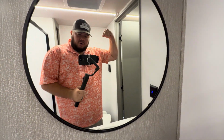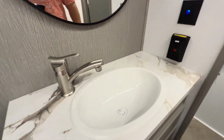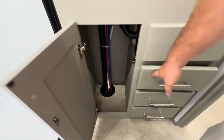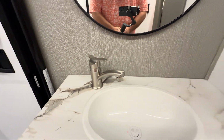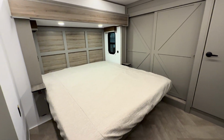You got a mirror for a bowling gun, baby. That's going to be the control, that's going to be your outlet. Plumbing, 3 pull-out drawers. Nothing else to say there, but you got enough countertop space for all your toothbrushes and whatnot. And then you're heading up into the bedroom, sorry, where you're going to see